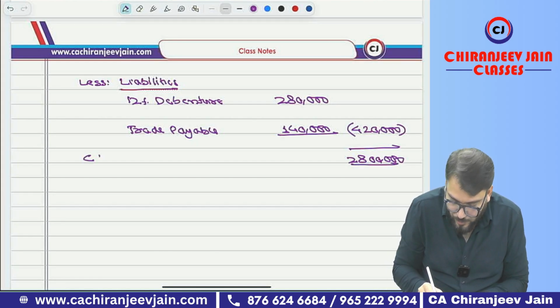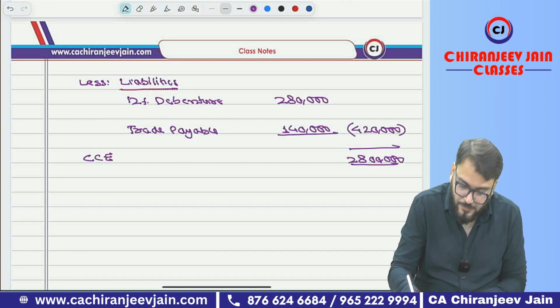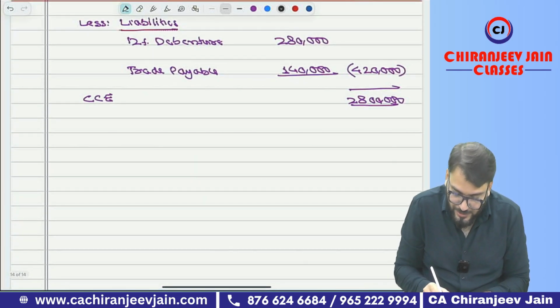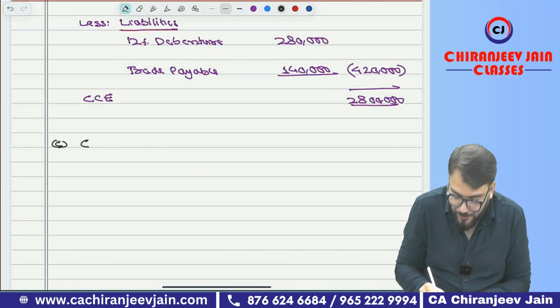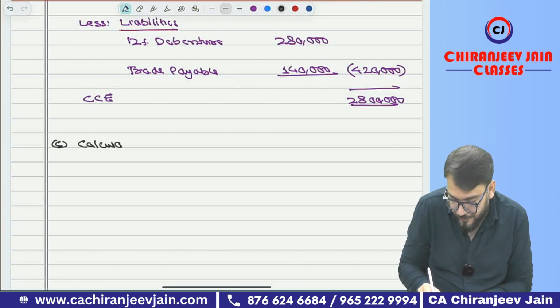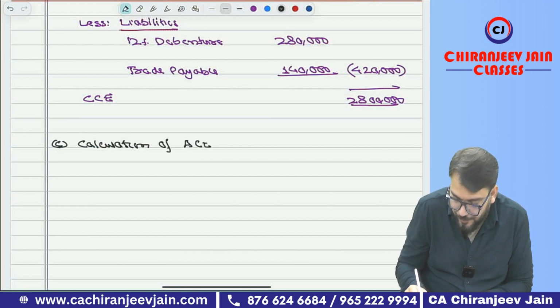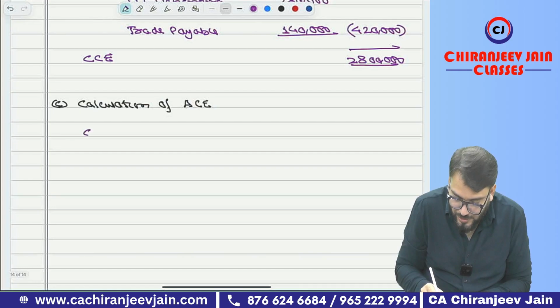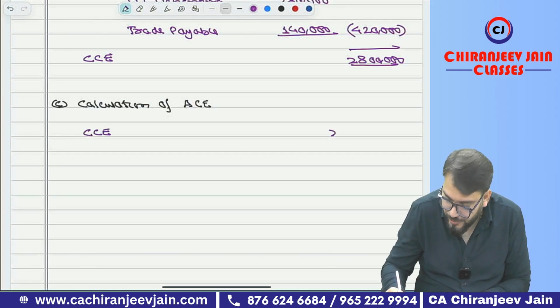Okay, this will become closing capital employed. Now point number C, we will calculate average capital employed. We'll start with closing capital employed, how much? 28 lakh